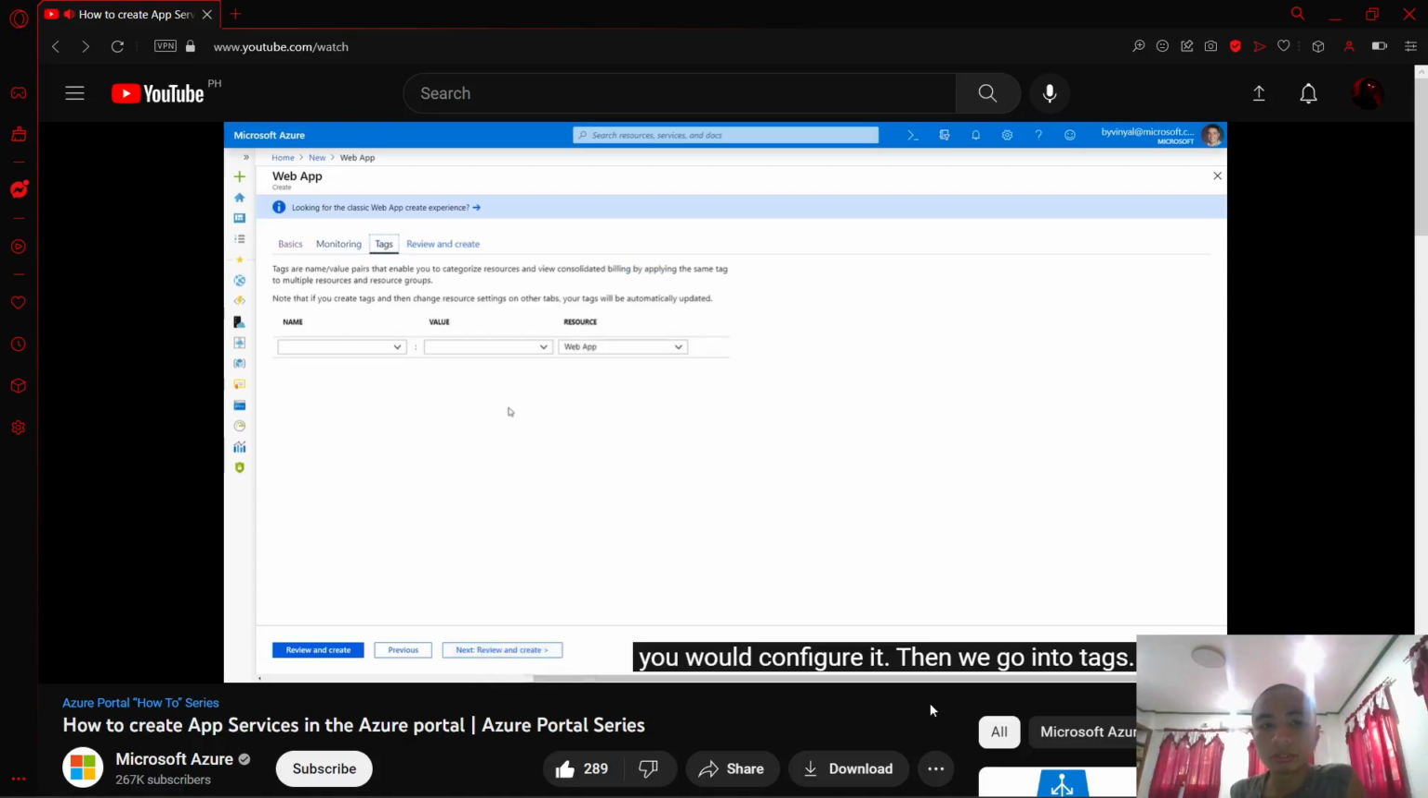Then we go into tags. This is a global Azure feature. I've seen people use it to tag their resources with, for example, a cost center, because these tags get populated all the way down to your bill. So if you want to know what project is costing you what money, this is a good way to do